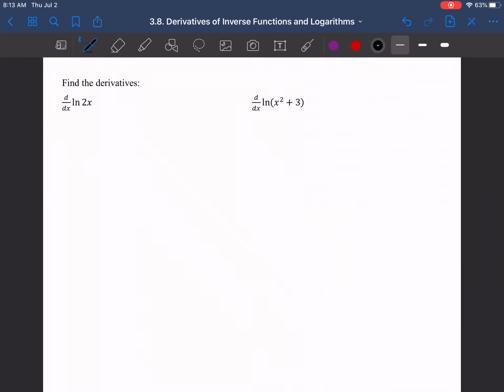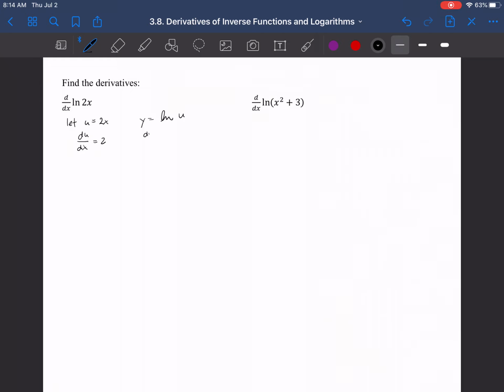So let's take a look here. Let's find the derivatives of these things. So what we're going to do is just a little bit of substitution. We can do the substitution or you can just do it flat out. I'm going to do the first one with substitution and then probably not again after that. So what we can do is say let u equal 2x. Then we get du/dx equals 2, and we also get that if u equals 2x, then y equals the natural log of u,